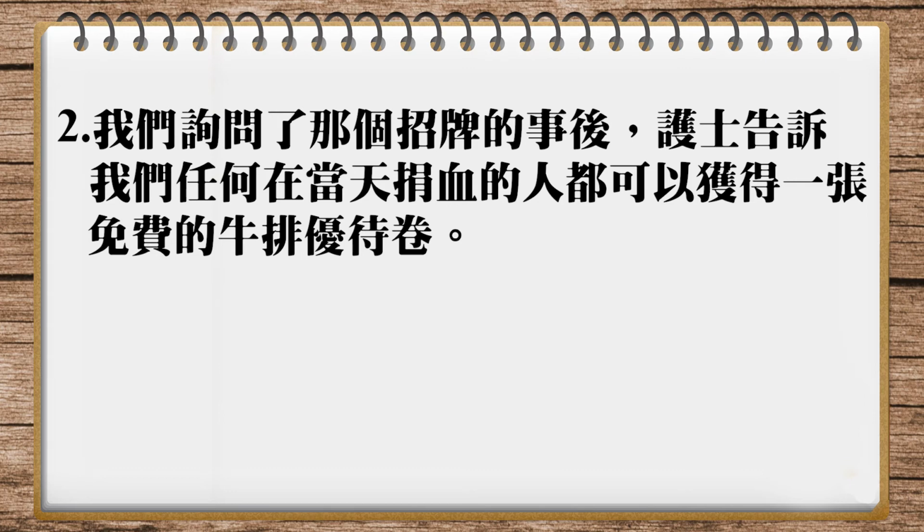那另外一个就是你可以说 after we asked about the sign，那不讲是问谁，但是其实这里呢，我觉得比较顺的方法是，接下来你就直接讲 we asked the nurse about the sign 就好了。因为中文里面护士到后来才出现，可在英文里面呢，我觉得你先讲出来，因为你问就当然就是问这个 nurse 嘛，不然你难道是问那个 sign 吗？对，所以你说 we asked the nurse about the sign 就好了，然后 and she told us that 就可以了。所以呢，护士告诉我们这个任何在当天捐血的人，这个在英文里面其实就是 anyone，然后后面加一个 who 如何，或者是有的时候你可以讲 anyone，然后后面加一个分词，把那个 who 后面的动词变成分词就可以了。所以这里呢，你可以写成 and she told us that anyone donating blood that day，那我们可以加一个 would，